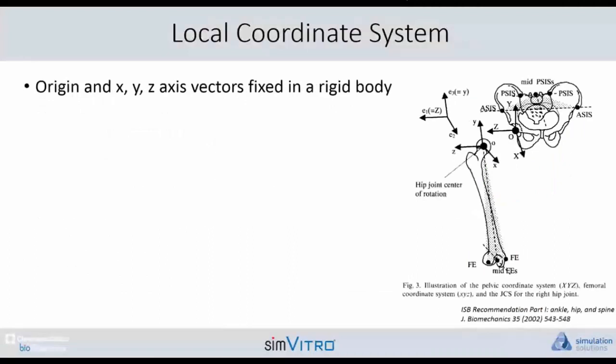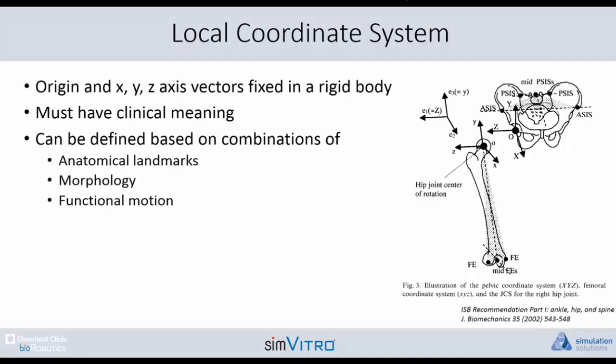The local coordinate system, again, is these origin and the vectors, and they're fixed in anatomy. And you can see this is from the ISB paper on hip. So we use some anatomy, the ASIS, PSIS, draw some vectors, get our origin. The origin of the femur is at the hip joint center of rotation. So in this standard, we have a local coordinate system that has clinical meaning, and it's defined based on a